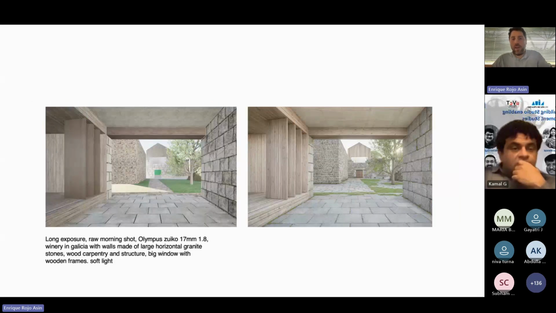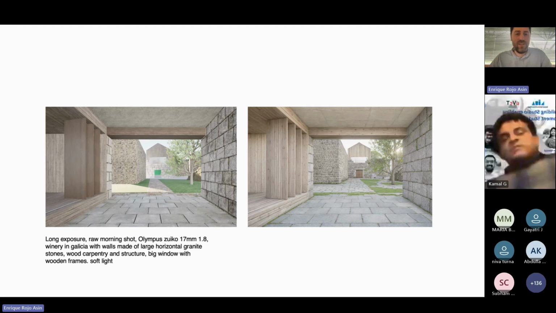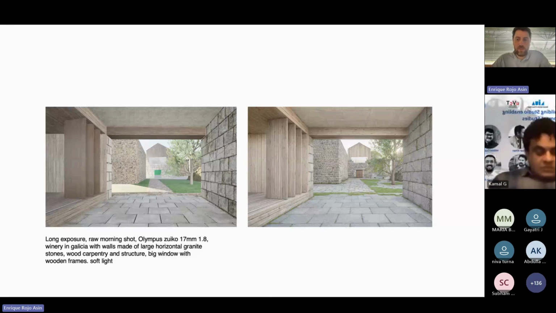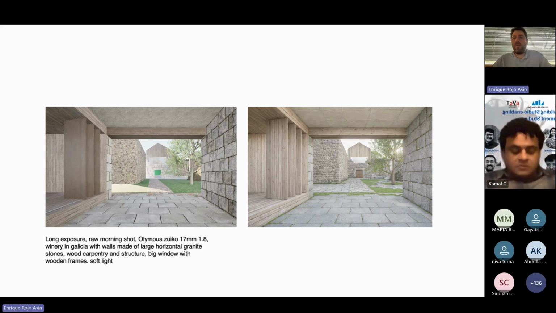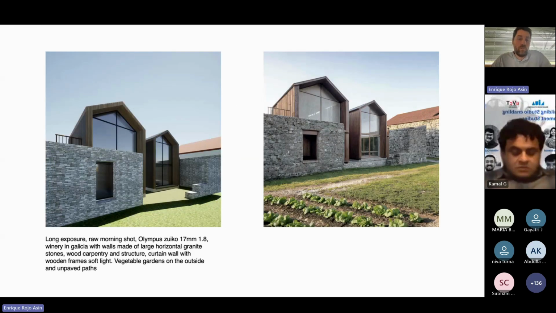Or this another project, again of one of the students. Sometimes stones, for example, are super difficult to do well in regular programs, or sometimes concrete. And now with this AI, I think it looks much better. It looks more real, even the shadows, the light notes, it really feels that it's a real image compared to the original one, or even this one, no?